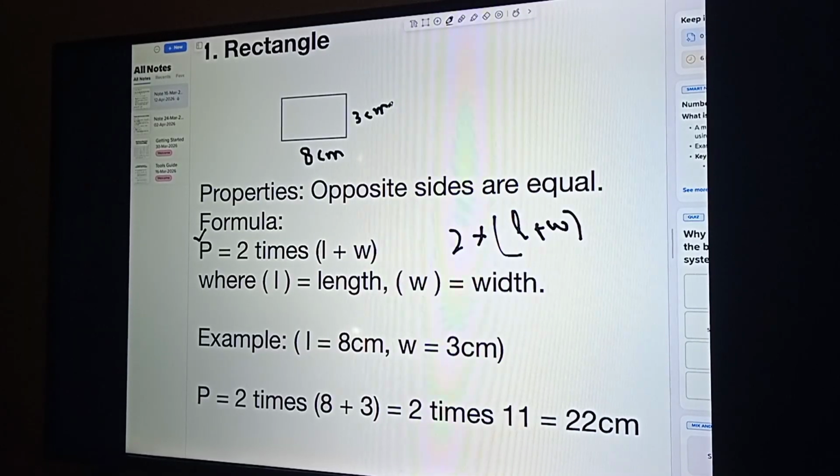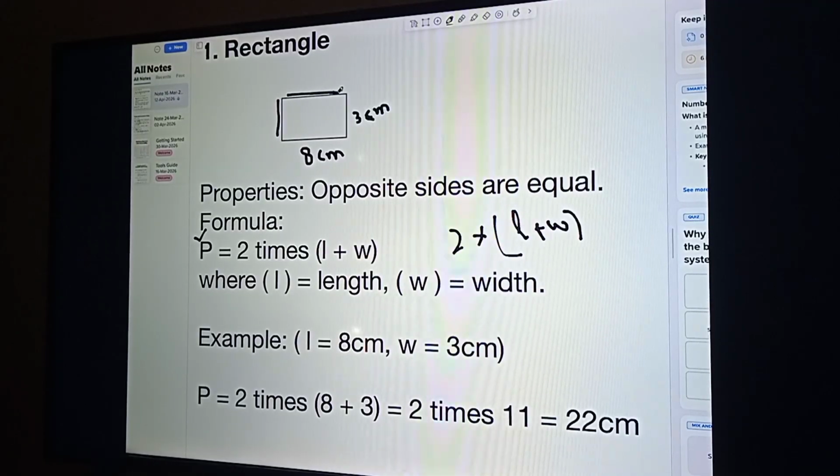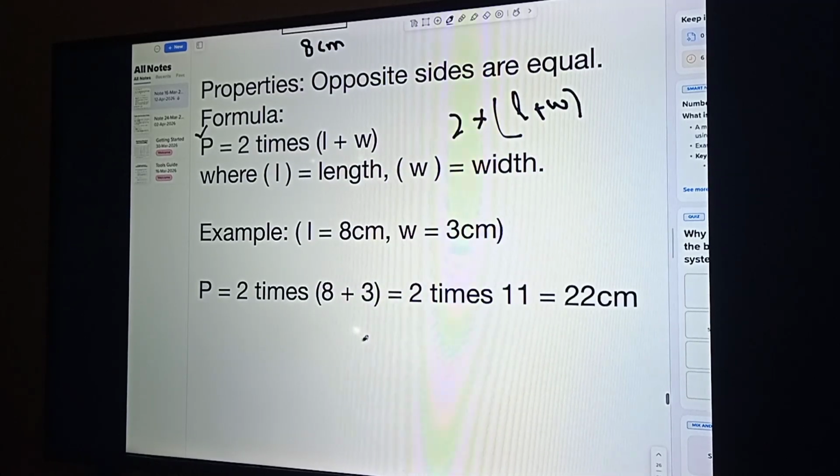As opposite sides of a rectangle are the same, therefore this side is also 3 centimeter and this side will be 8 centimeter. So by using this formula,